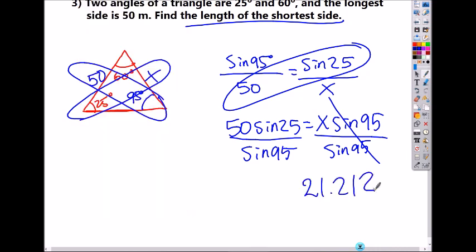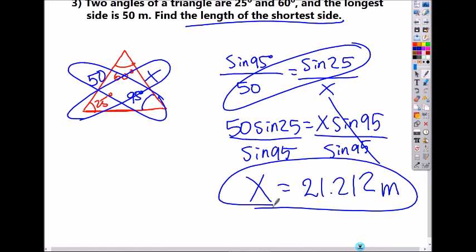21.212 what? Meters. For word problems, always include the units, right? 21.212 meters versus inches are different answers. So make sure you include the units. Good. Now, go ahead and work on